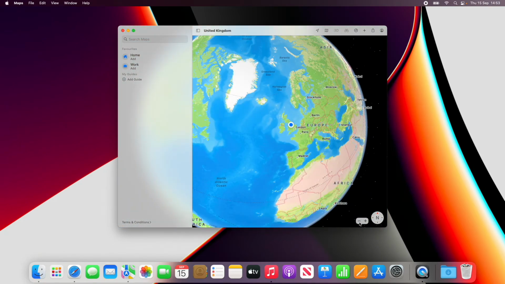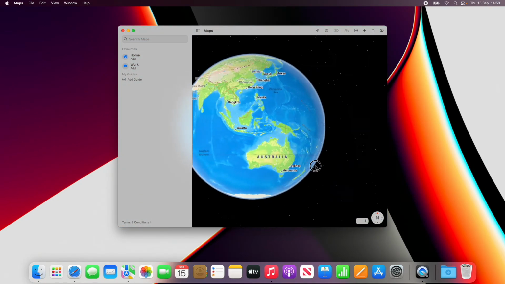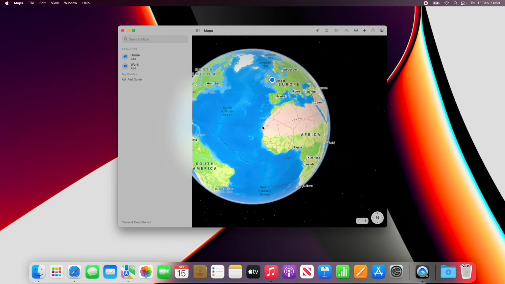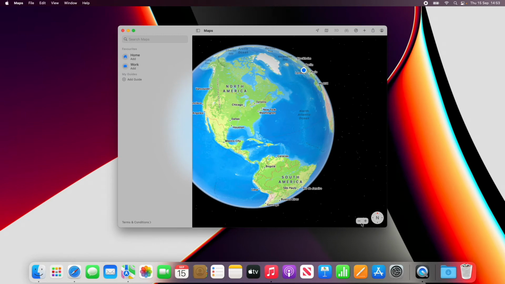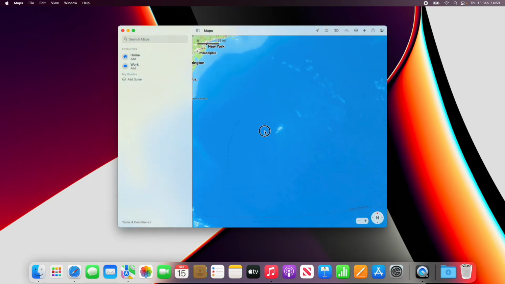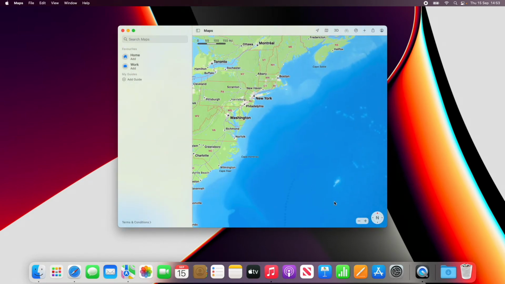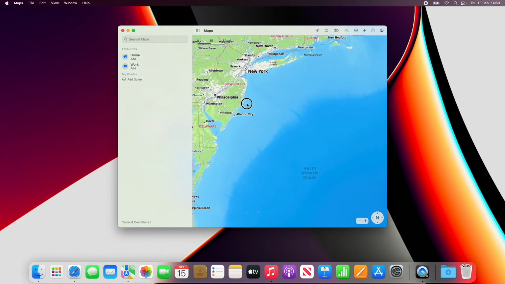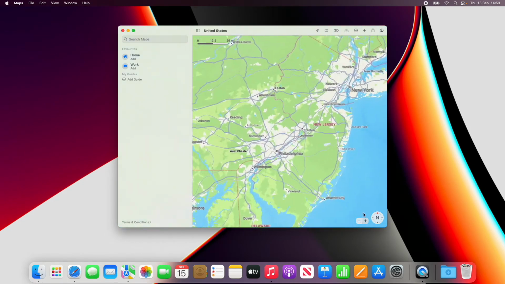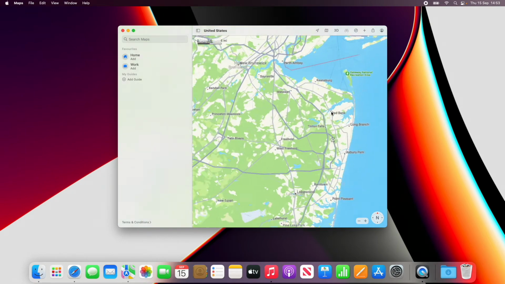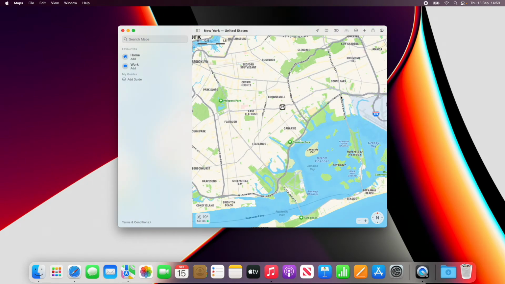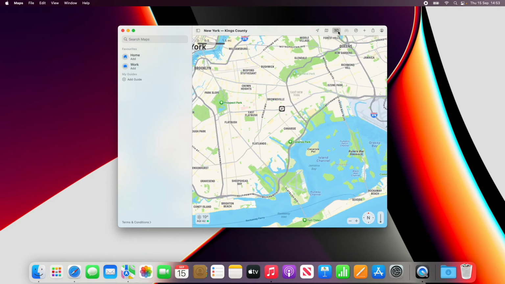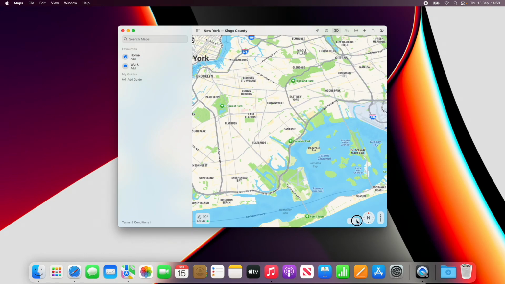North of the UK. But this Maps is basically very, very good, like Google Maps. You can add guides if you're going somewhere touristy, and they'll sync with your iPhone as well if you sign into iCloud. And I'll just go to somewhere random like New York, and it's also got a good 3D feature. If I go to 3D and zoom in,